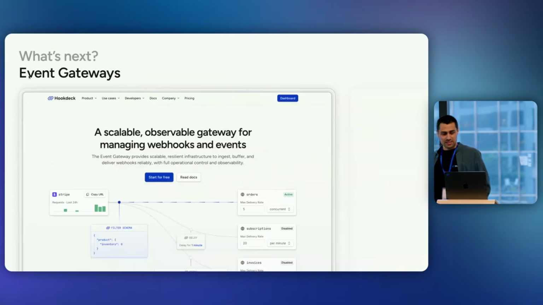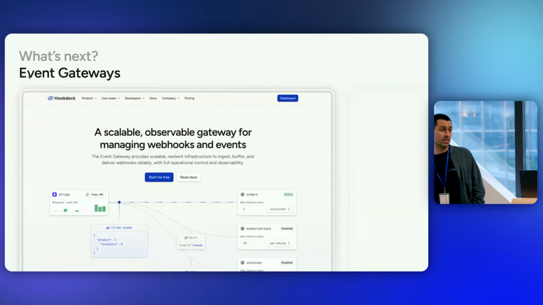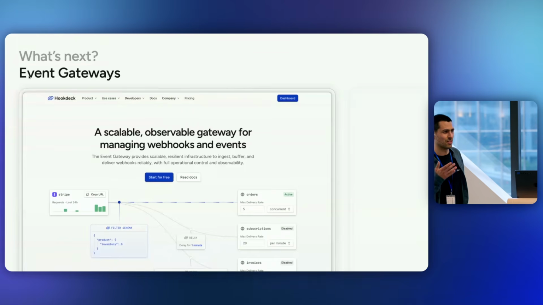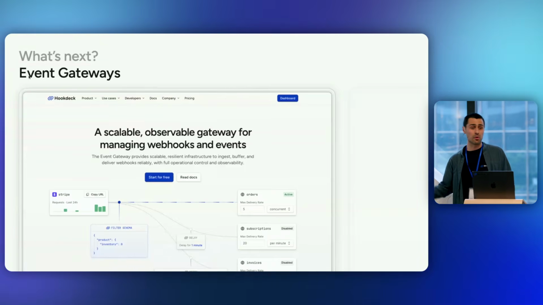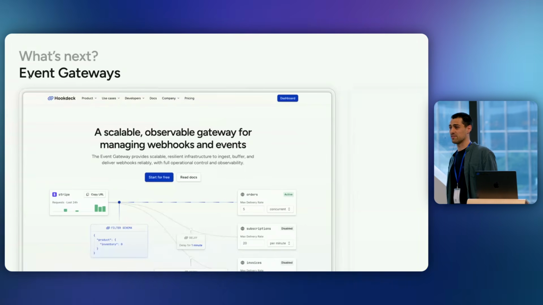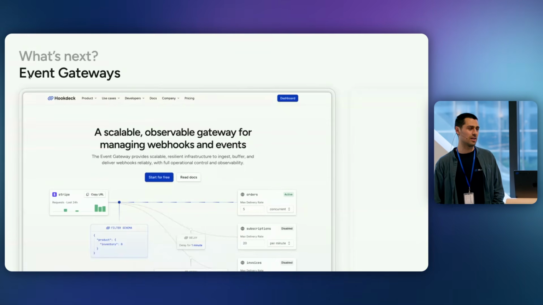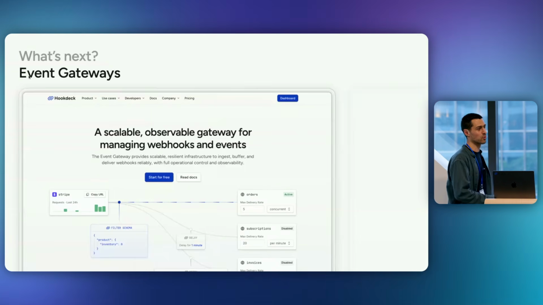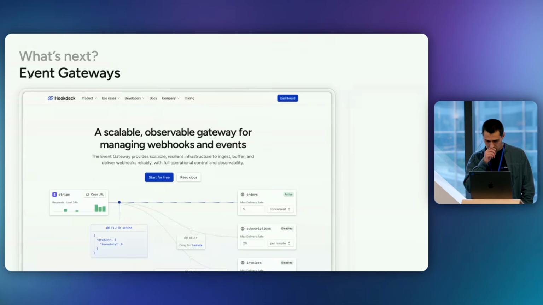And then the last thing I want to talk about is event gateways, right? So at the start, I said Hookdeck is an event gateway. We built an event gateway. You guys probably have no idea what an event gateway is, other than the fact that it's slightly intuitive by the name. But what we're seeing now is more and more competition. There have been products in the market like AWS EventBridge that I would qualify as an event gateway for a while. And there's Hookdeck and competitors that are building this. And so you're going to see more and more products that are trying to fix this problem and a lot of the problems that we've been talking about.